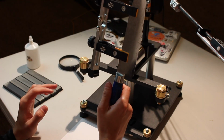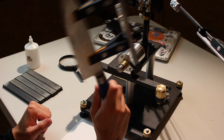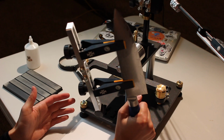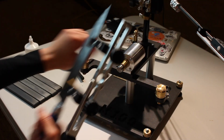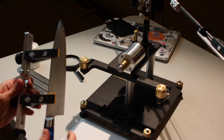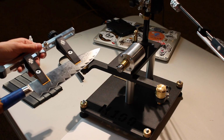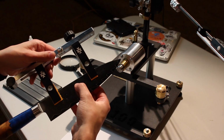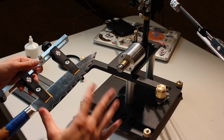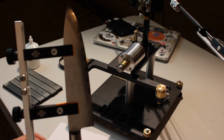What does this option give us? It gives us a stable angle, because right now in the middle of the process, or even at the end when you're not sure whether your knife is sharp or not, you can use this option and try it. If you unscrew these clamps and put it back to check the condition of your knife, it can change your angle a little bit, and you need to fix your knife again in these clamps. So let's check. I believe,